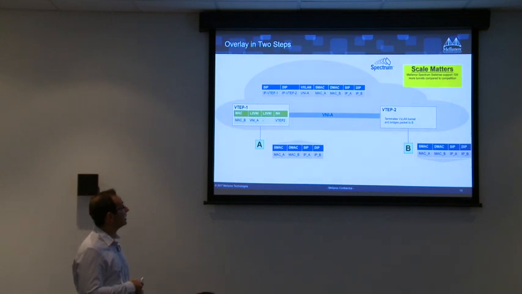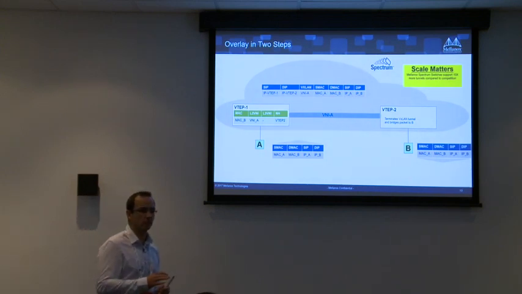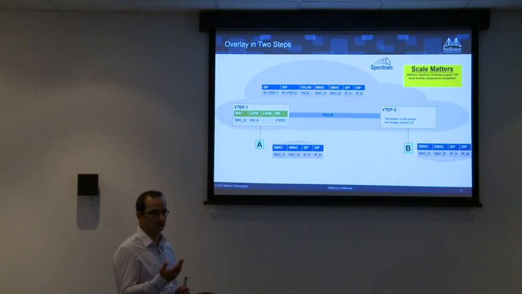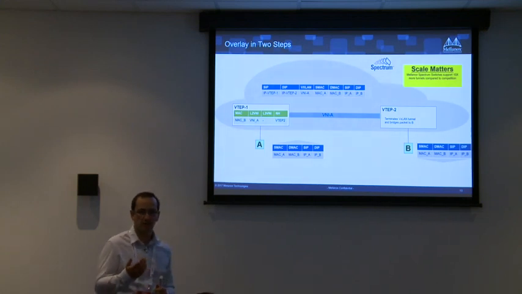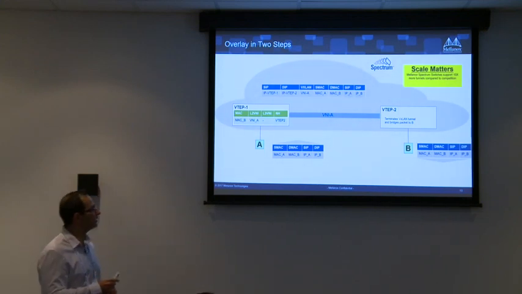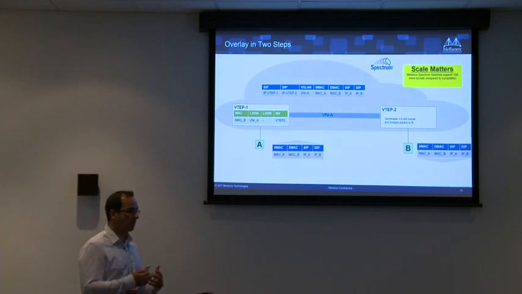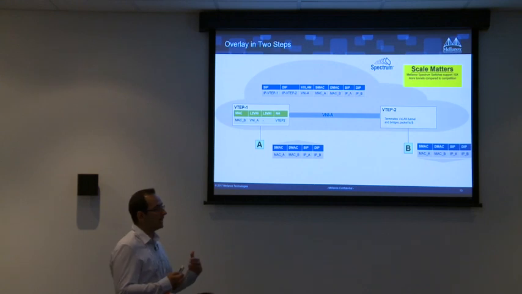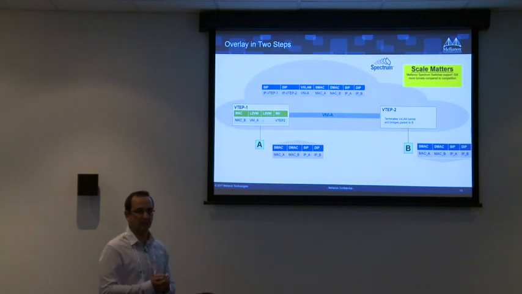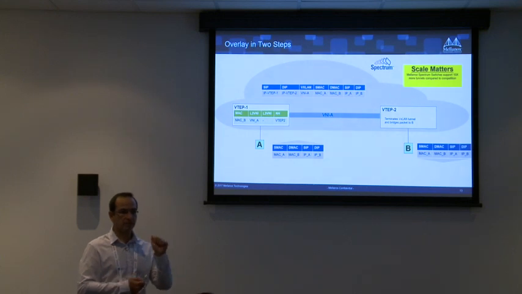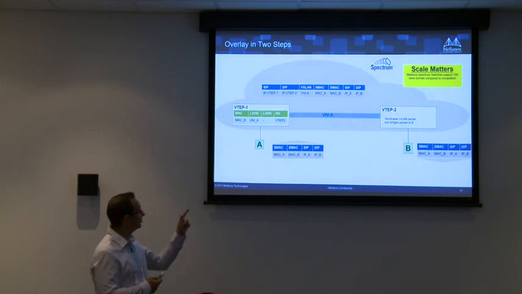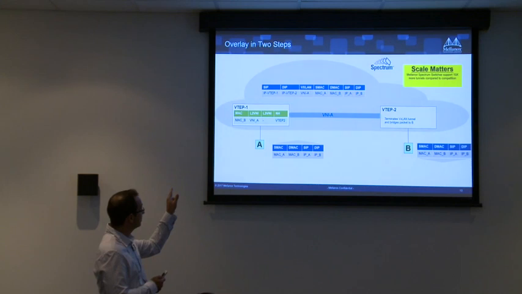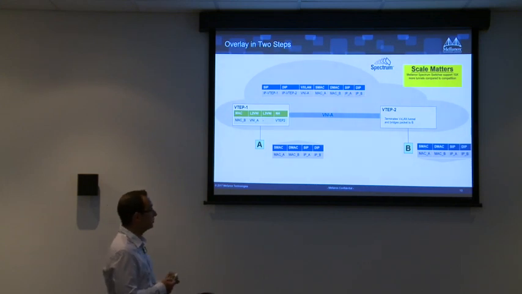When it comes to overlay, basically two steps, very simple. 3 commands to actually enable EVPN as an overlay technology on the leaf and on the spine. And the second step is doing the mapping between a VLAN, VNI, and the loopback address that will be the channel to create the tunnel between the VTEPs. So 2 steps. One of them is enabling EVPN. The second one is to do the configuration and the bridging configuration to match VNI to VLAN.